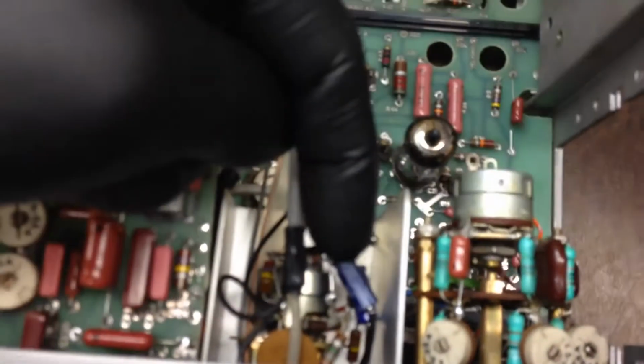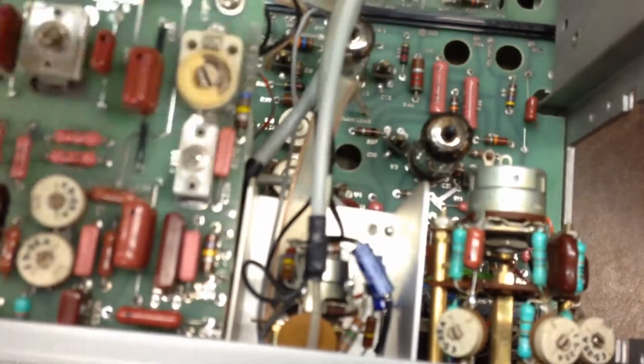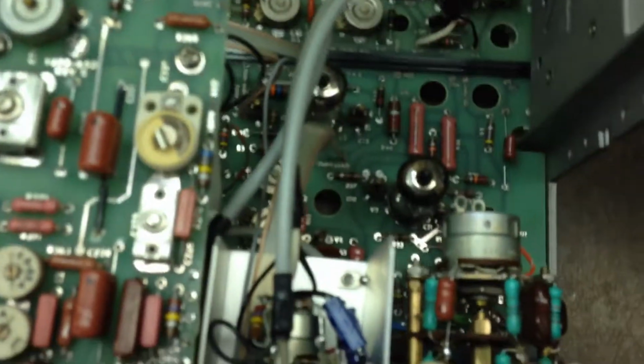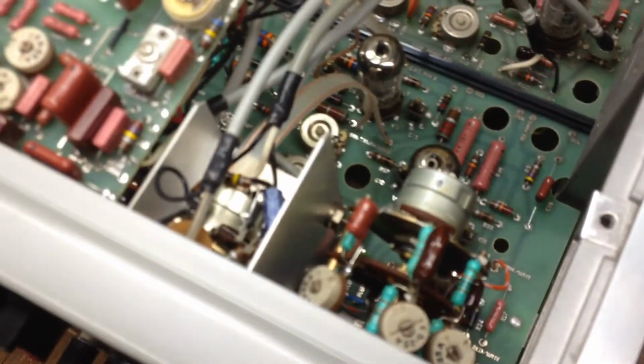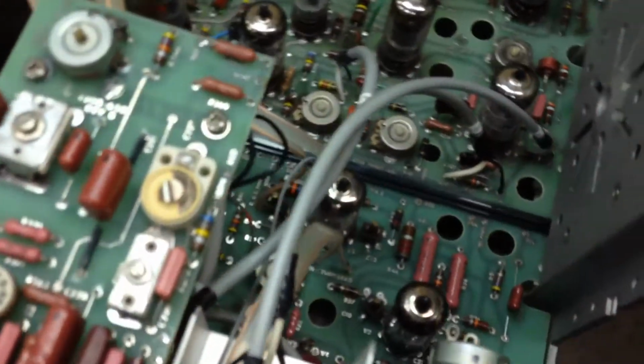Here's a couple more capacitors right here that I had to take off. So basically, to get to all these things, there's another one. I had to dismantle this whole thing, and that was quite the chore. There's another one down here on the board, right here. While doing that, I cleaned everything up,